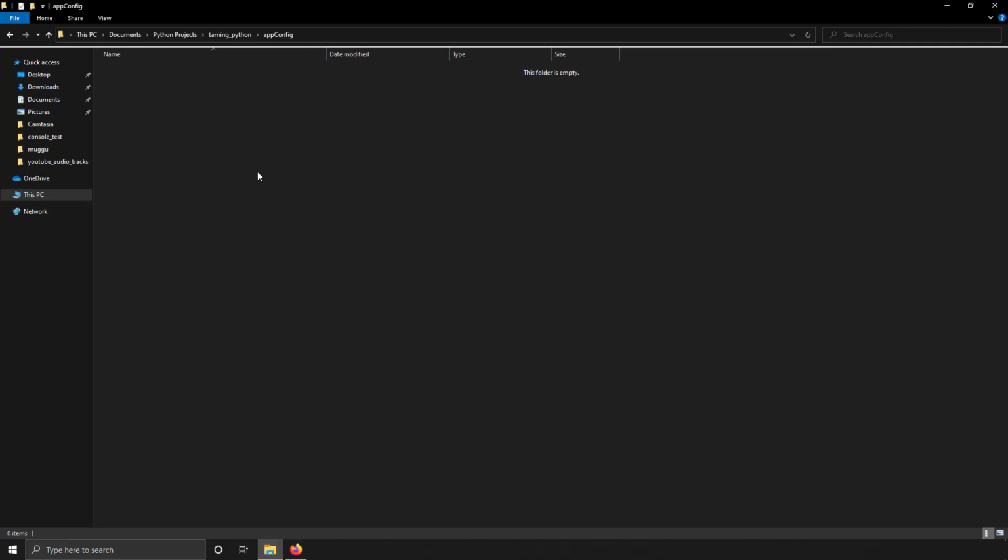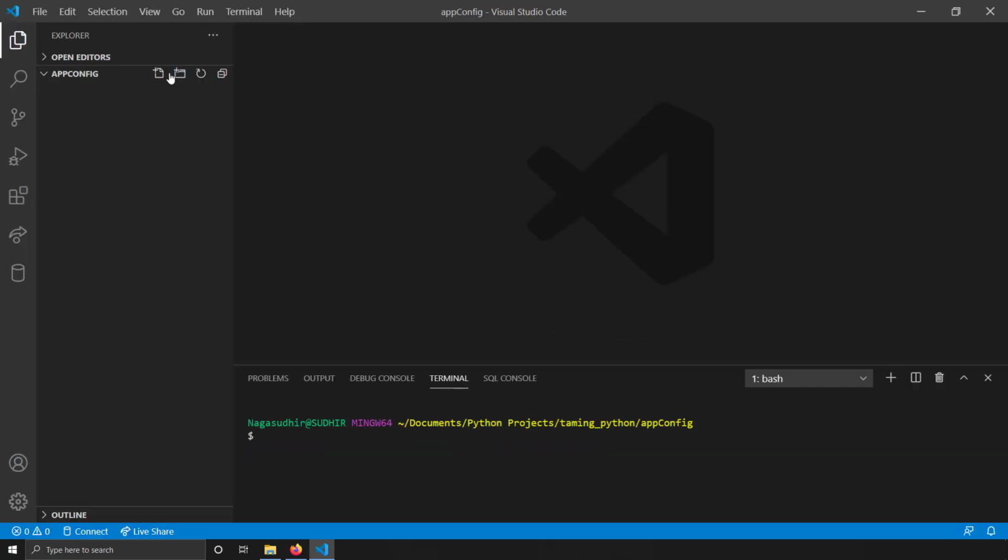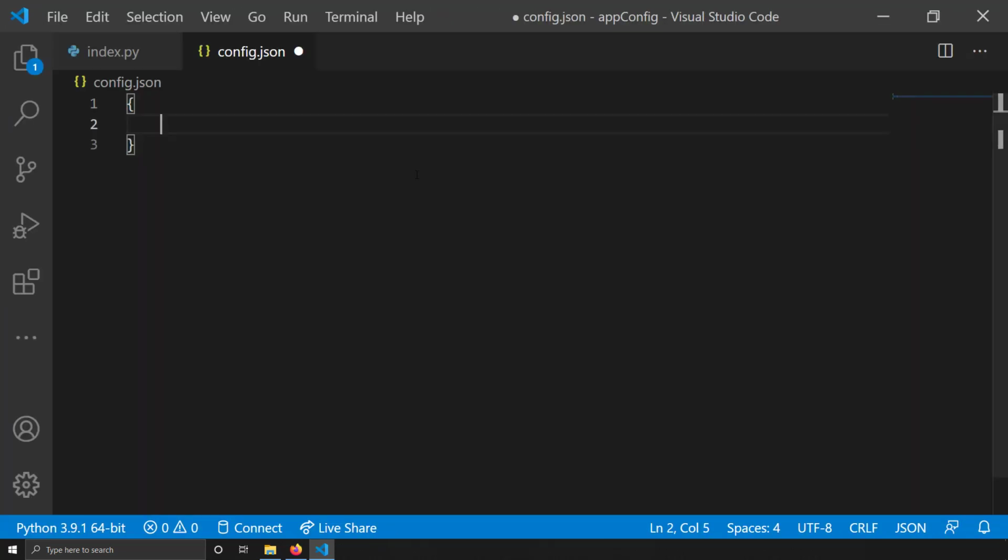I'm taking a blank folder. I'll open it with VS Code, and now I'll create a new file. I'll just name it index.py, and in the same folder I'll create a new file. I'll name it config.json. This is a JSON file. In this JSON file I'll create data.